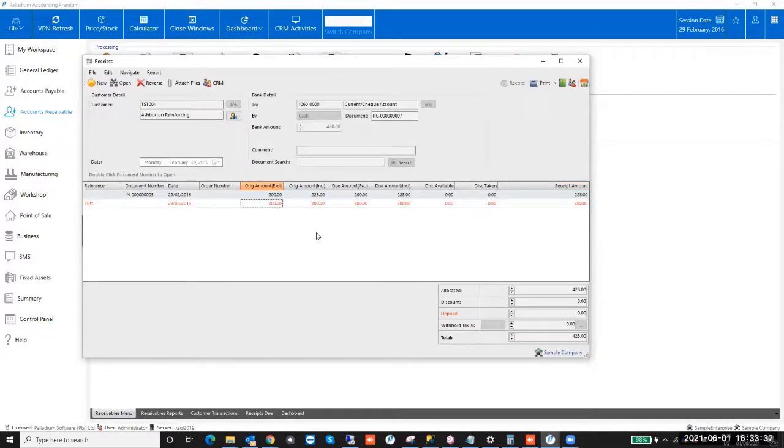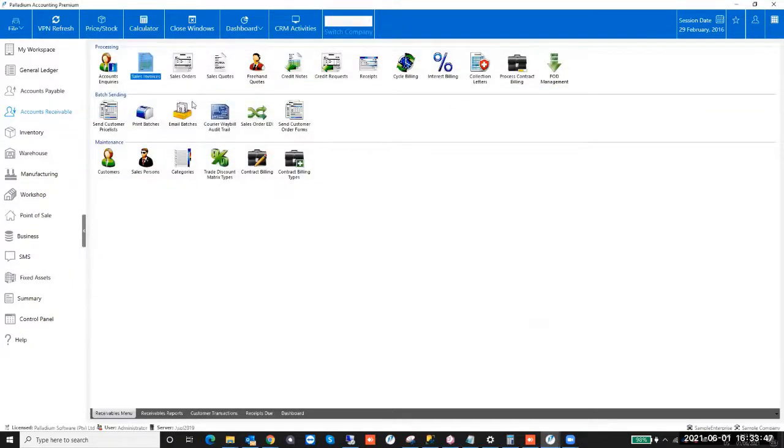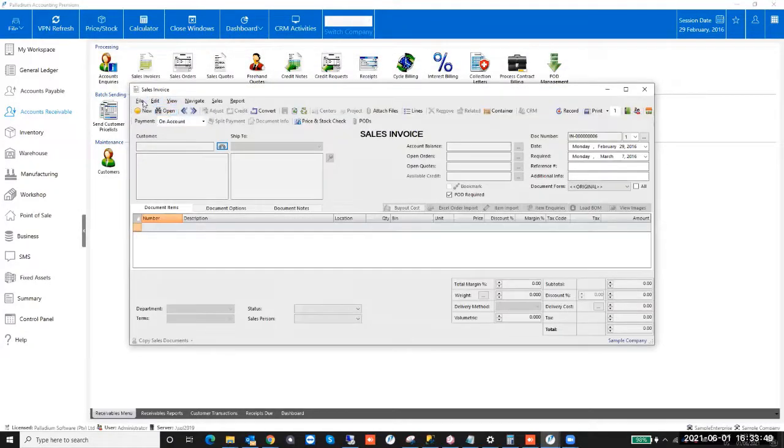Okay, so if invoices do need to be changed, you can reverse them. This has to be done. So if you would like to change your invoice, for example invoice number 5, if we go into the 5th invoice,